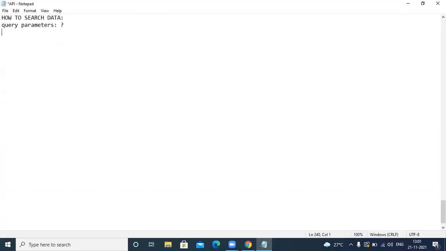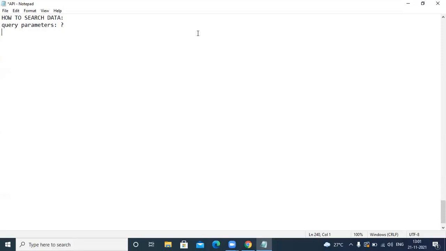So instead of giving /orders and getting all 3 million records, it is wise to pass a query parameter along with the orders and filter the results so that you get appropriate records. So URLs have another component known as query parameters, where query means search,